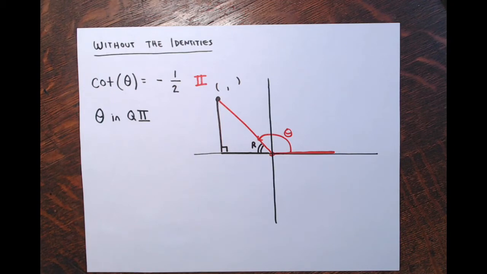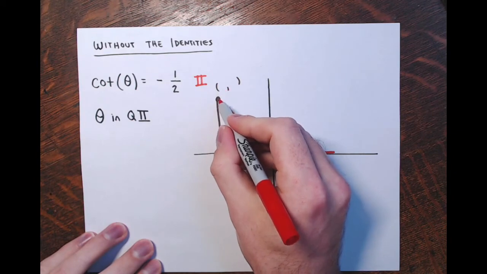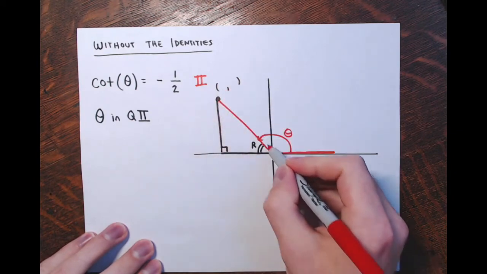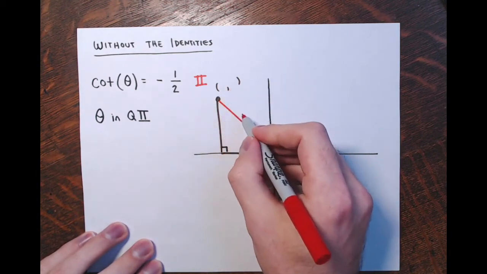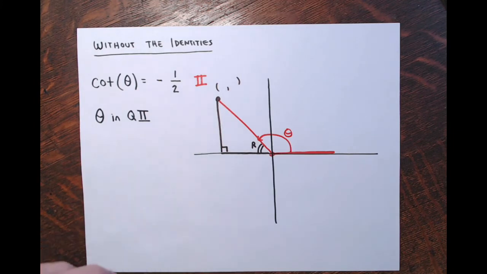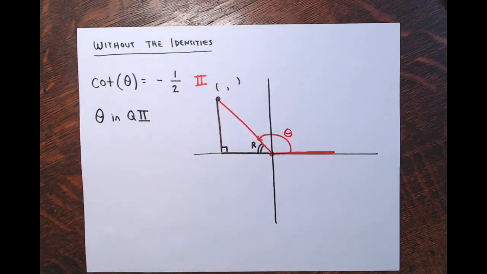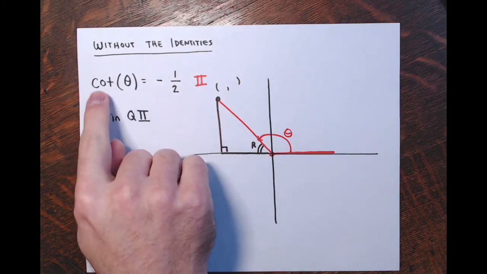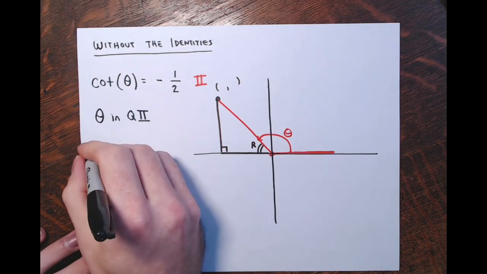What I want to do is find the x coordinate of this point, the y coordinate of this point, and then how far it is from the origin. What's x, y, and r? Little r, the radius of the circle that we're on. Well, if the cotangent of my angle is -1/2, that means in my picture here,